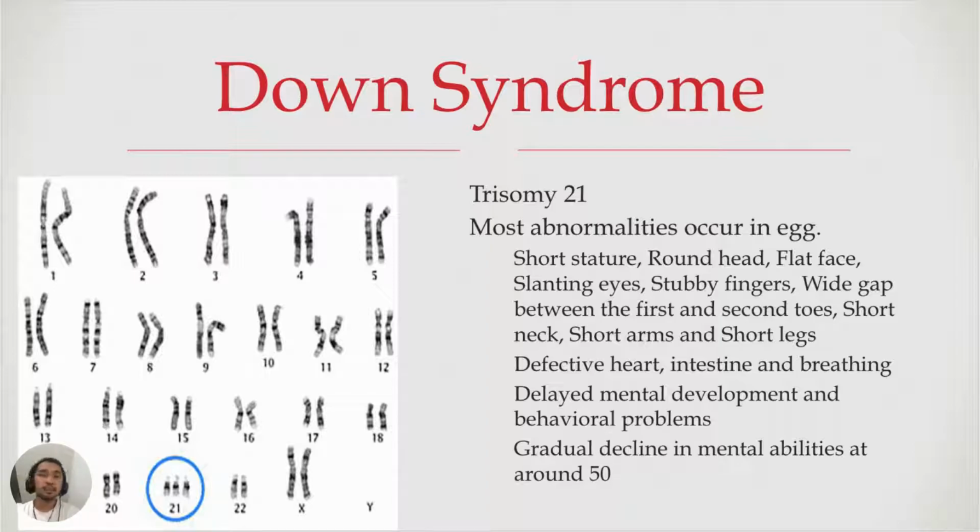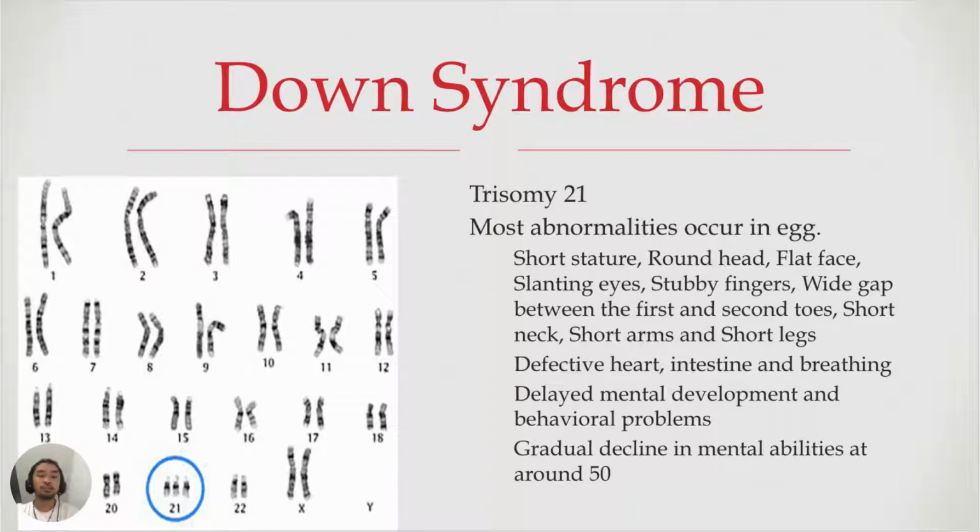Of course, some of the mothers decided to bear a child late, and other factors can also contribute to that. So: short stature, round head, flat face, slanting eyes, stubby fingers, wide gap between the first and second toes, short neck, short arms, and short legs. Defective heart, intestine, and breathing, delayed mental development and behavioral problems, and of course, gradual decline in mental abilities at